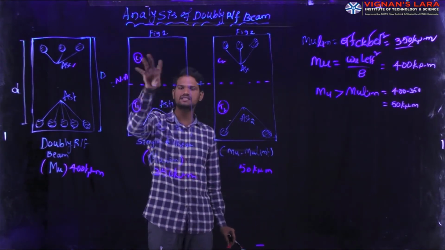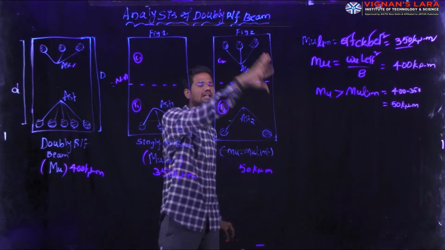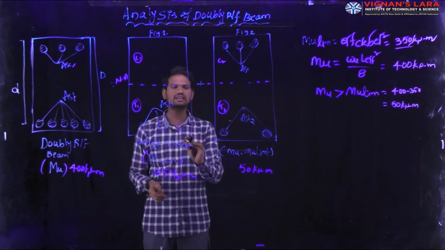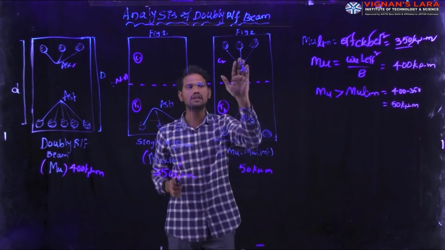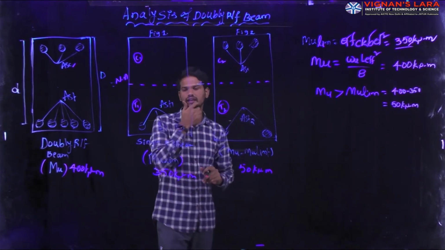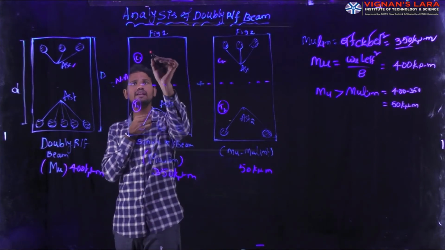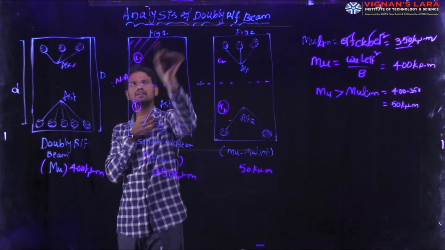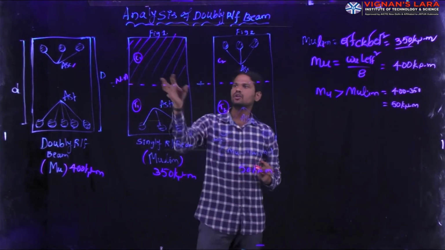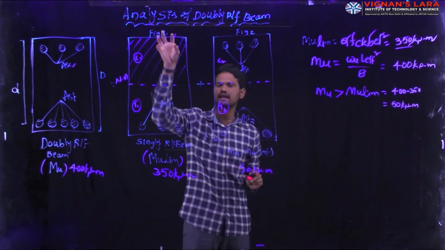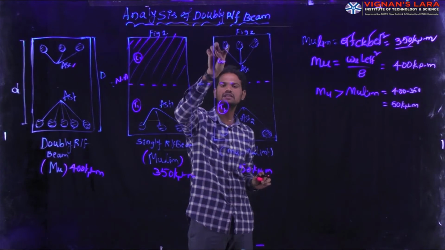What is the previous discussion we have considered? The same procedure, the same thing we will consider here. The only thing is we have to consider the analysis in compression portions only for this diagram. Again, if you observe here in this singly reinforced beam, this portion is completely filled with concrete. To resist this additional moment in the top portion, we are providing the area of the steel reinforcement.